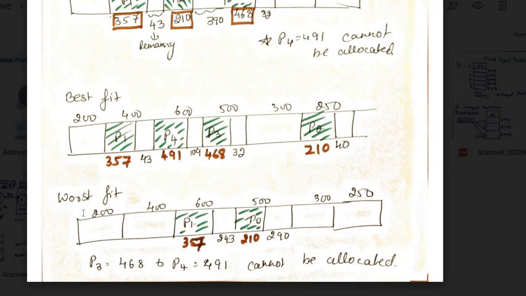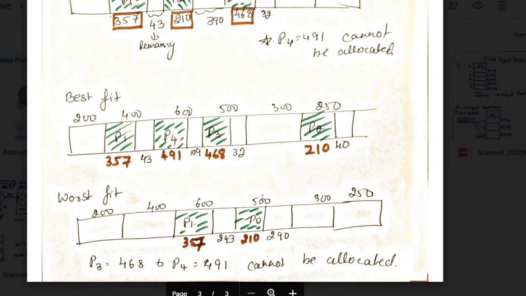The next one is worst fit. So according to the worst fit, I will try to search the biggest hole to satisfy the first process request. So the biggest hole is 600, I have allocated, but the wastage is more. Can you see here? 243 is your wastage. The second process is 210. So when I allocate the next largest hole, that is 500, 290 remains, again it is the largest hole. And P3 and P4 you can see here are not able to be allocated. So they don't have any holes or partitions left in order to satisfy P3 and P4.